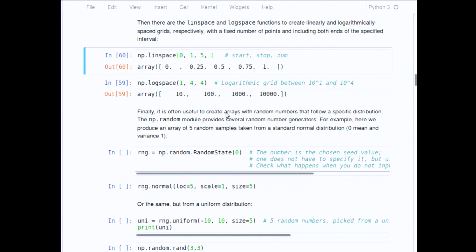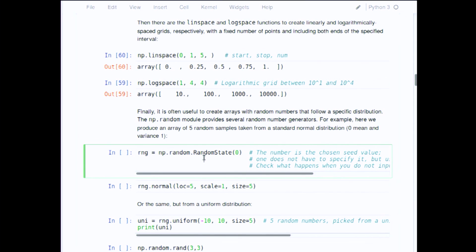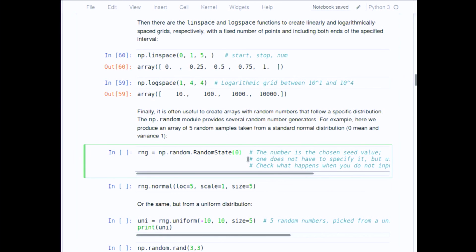Another useful thing to be able to do is generate random numbers. There are various ways to do that in NumPy. I think this is the better style. So you start off by saying NumPy, inside your random module, grab the random state and initialize it with 0. So that's basically your seed. You can type any number in there you want, but that basically determines where the number generator will start generating